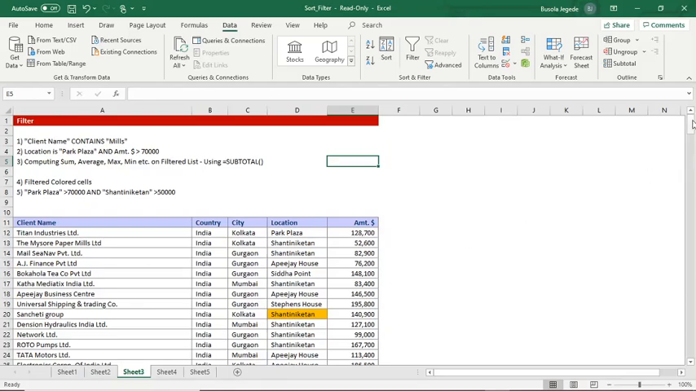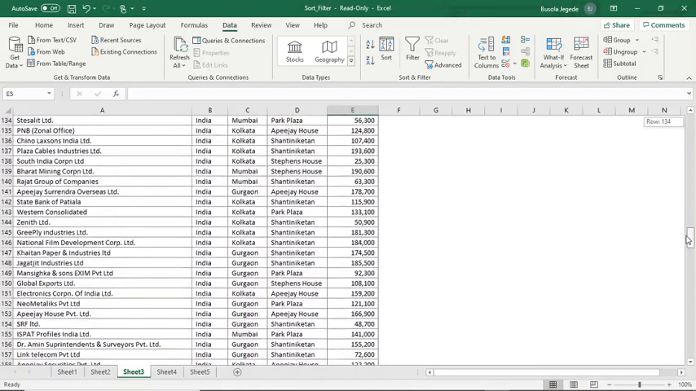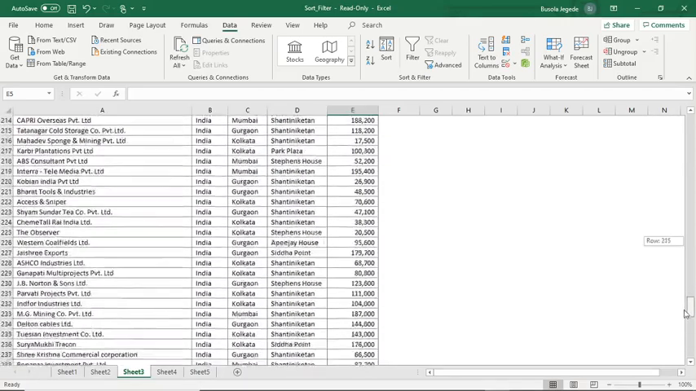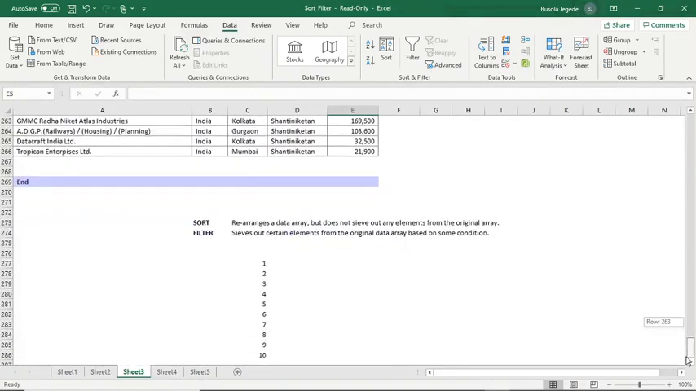So to start with, some of you may be wondering what exactly does filtering mean and how is it different from sort. So I'm just quickly going to explain it here. Sort rearranges a data array but does not sieve out any elements from the original array. However, filter sieves out certain elements from the original data array based on some condition. So I'm going to explain that very quickly. So with this series 1 to 10,